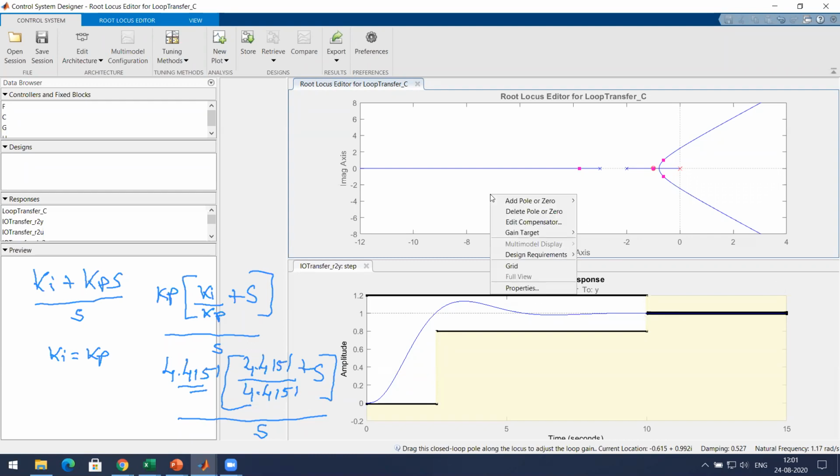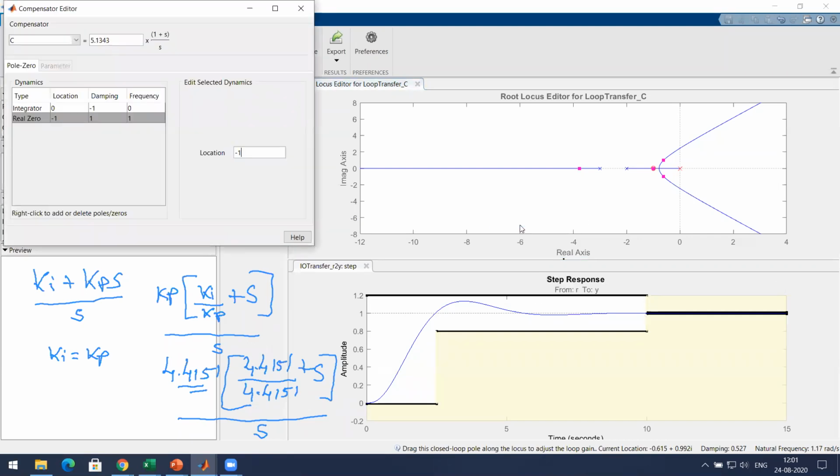Now if I right click and say edit compensator, this is what I get: 5.1343 into (1 plus s) by s. So what are the Kp and Ki values? Kp and Ki values are the same, 5.1343.